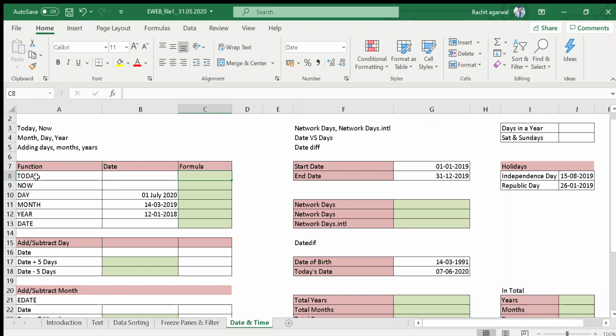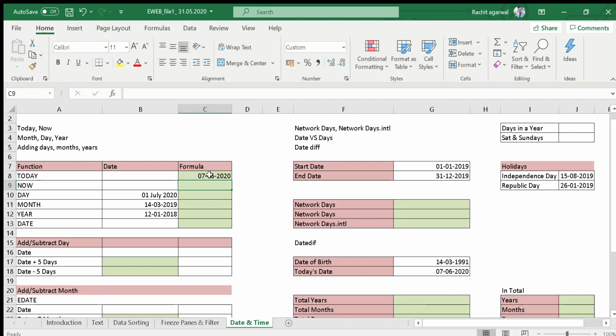So if you want to know today's date, like today's date is 7th June 2020, and you don't want to write the date manually, just type the formula equals TODAY, bracket start, bracket close, and press enter.